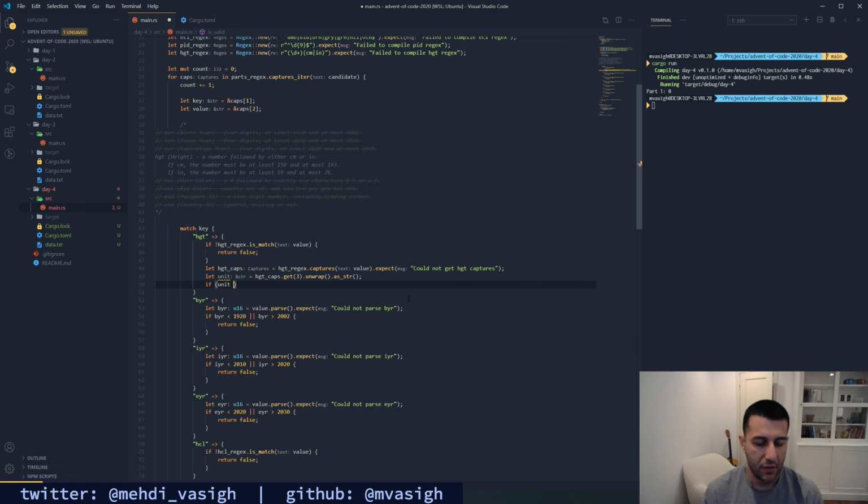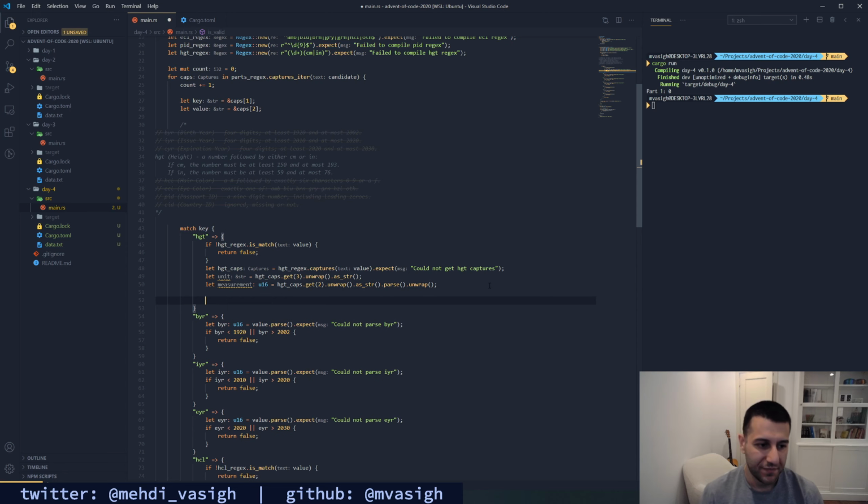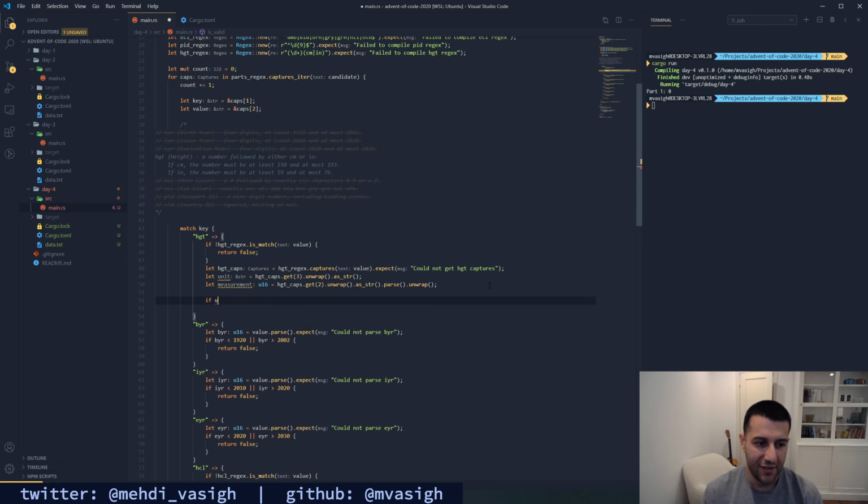If unit, well, let's get the number as well. Let value, or maybe that's not a good name, let measurement equal HTTP caps.get to unwrap as string parse unwrap. This is terrible. And then let's call this a U16. Okay. Now, if unit is CM,